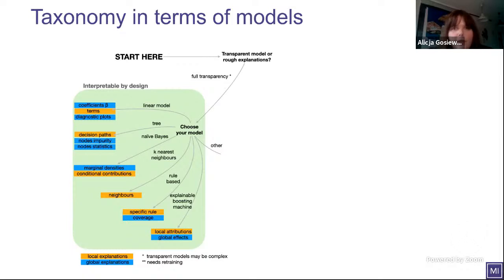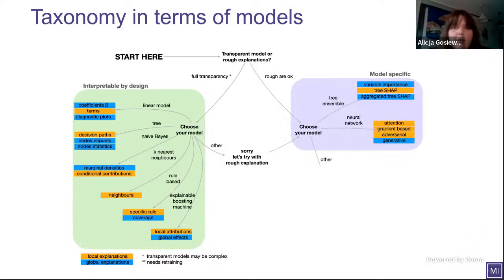And I would like to show you this map right now. So first group are methods that are interpretable by design. So they are linear models or trees. The architecture of such predictive models allows us to explain directly a certain aspect of the model. So for example, for linear models, we may look at coefficients and see what's the importance of different variables.